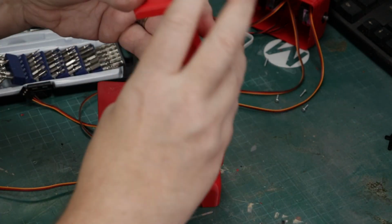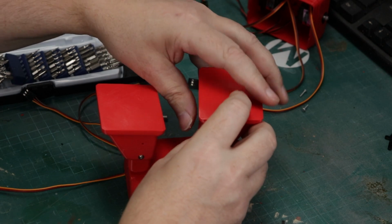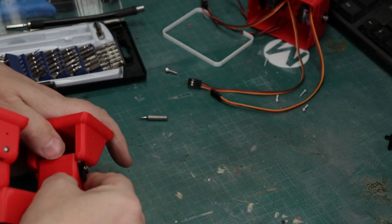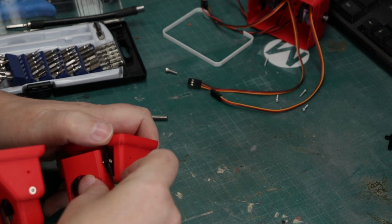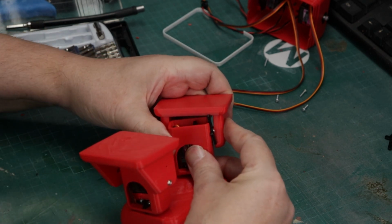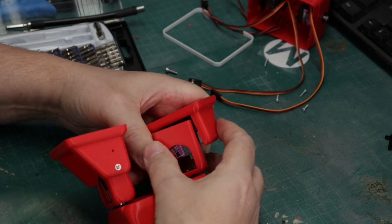And you can see I'm going to struggle here a little bit to line this up, trying to figure out what the best way is. And I'd already done one of these already, so I should know. But here we go, getting that servo horn in. It does look like it's going to break, but it really doesn't. There's a lot of strength there, so...